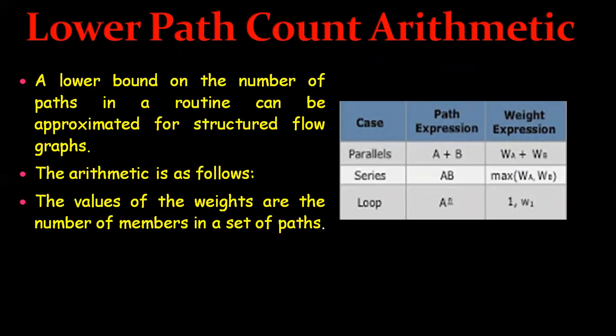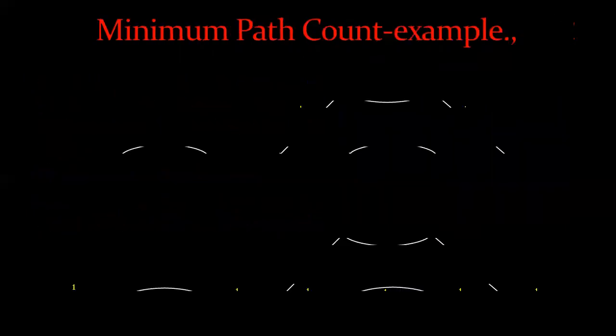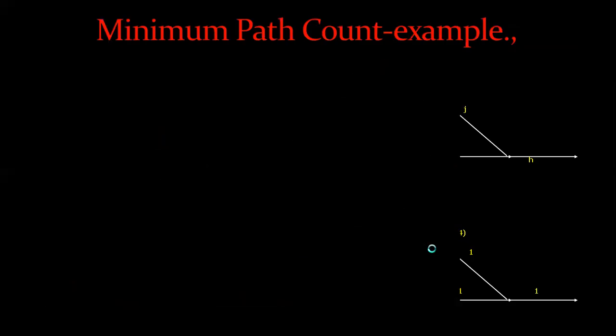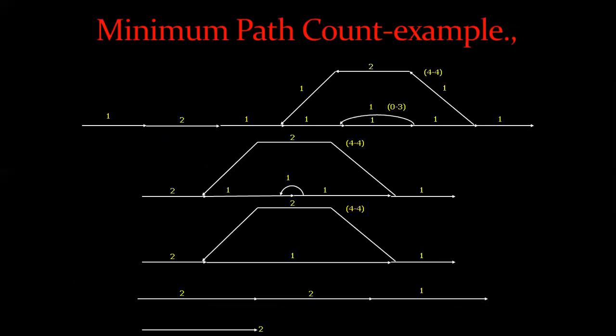So let us see how we can execute. The same example we are considering. Here we are given weights 1. Applying the arithmetic to the earlier example gives us identical steps until the third step that we have seen earlier. We have given weights as 1, and the loop runs 0 to 3 times, exactly 4 times. After that we have converted this. Since there are parallel edges, we have written 2 2s. The same step until this particular step.